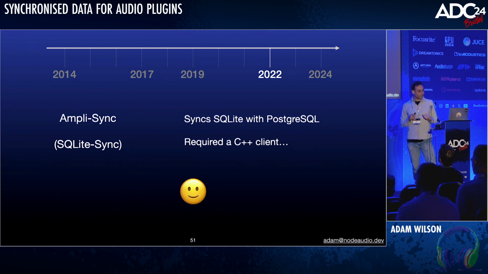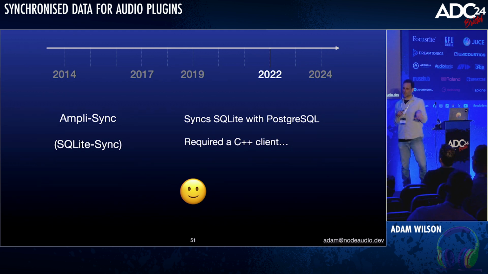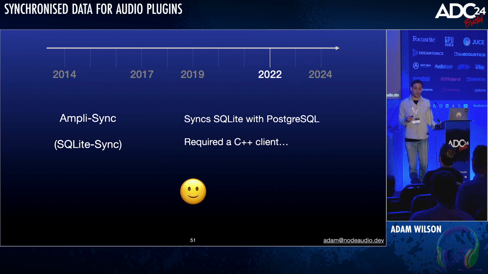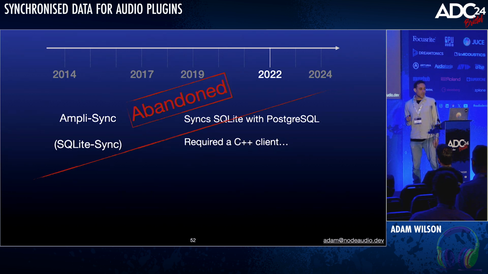That looked very promising, by a Polish company called AmpliApps, and that synchronizes a local SQLite database with Postgres, and I think they've also done MS SQL Server connections. So it's designed for mobile apps and web apps, and I got in touch with them and said, your solution looks great, it just needs a C++ client. Are you up for working together to build something? And they were. So we started doing that, and we got to a proof of concept, but in the end